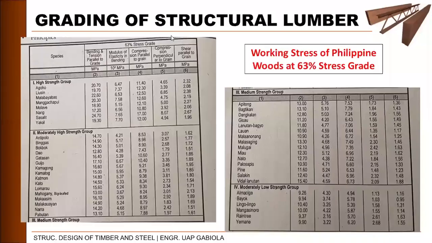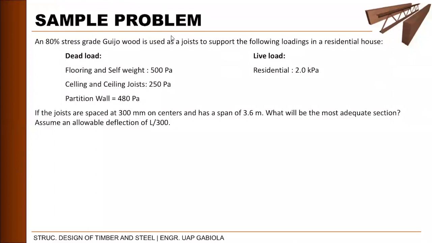Okay, so I think we can now start with our first one. So the first problem is an 80% stress grade guijo wood used as a joist to support the following loadings in a residential house. So we have two loadings: dead load and live load. For the dead load, we have the flooring or floor system and the self-weight of the joist itself, equal to 500 pascals. Okay? So 500 pascals is also equivalent to Newton per meter squared. Okay? So it's a pressure. Then we have ceiling load and ceiling joist, 250